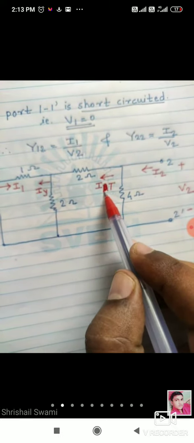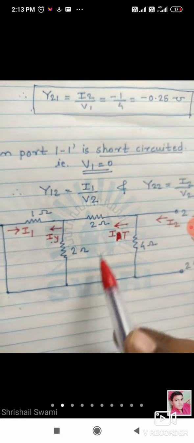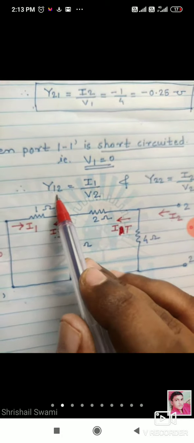So remember here, you have to show the relation between I2 and I1. मग current division तुम्हाला दोनदा अप्लाय करावं लागेल. So first of all, this current you can consider as IY. हा IY घ्या किंवा IA करा, IA किंवा IT करा. This current is IT and this current is IY. सो पहिला तुम्हाला एकदा करंट डिव्हिजन अप्लाय करून IT काढावं लागेल, मग दुसऱ्यांदा करंट डिव्हिजन अप्लाय करून तुम्हाला IY काढावं लागेल.